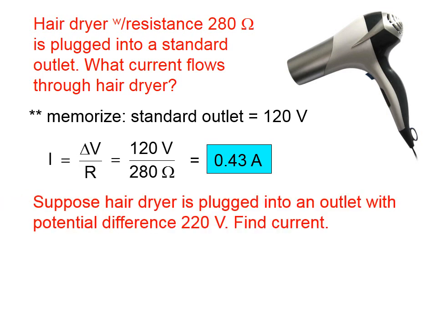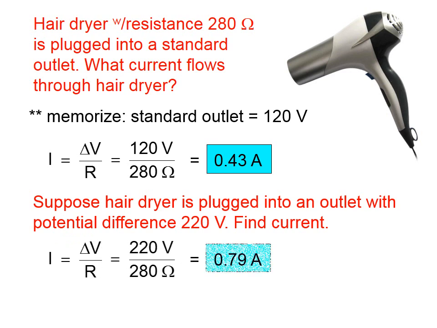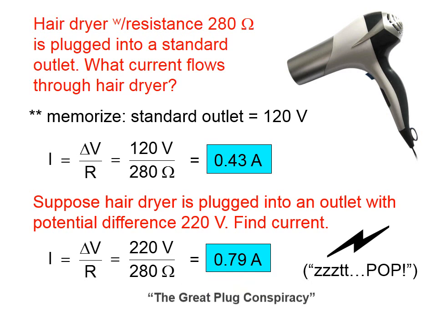Suppose the hairdryer is plugged into an outlet with a potential difference of 220 volts. Find the current. Assuming we could do this, the only number that would change would be the numerator, and that would give us a current of 0.79 amps. Chances are your hairdryer is not designed to handle 0.79 amps, and you would get a zzz pop effect, and